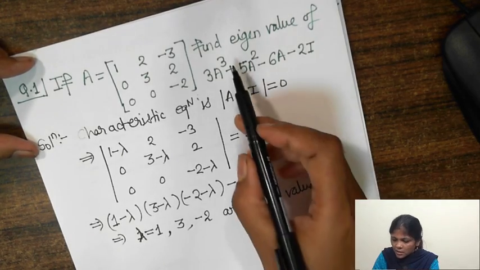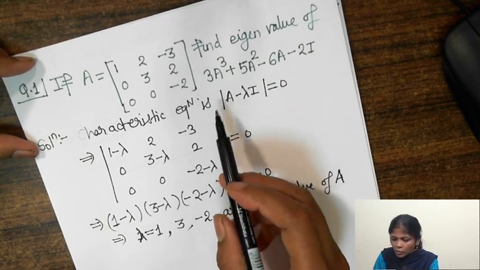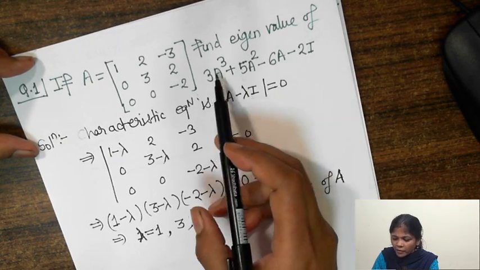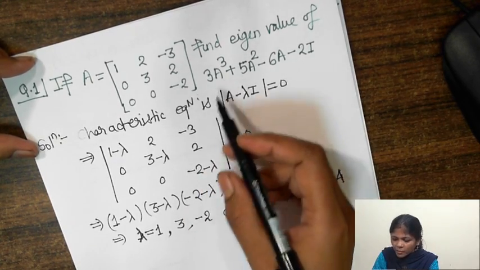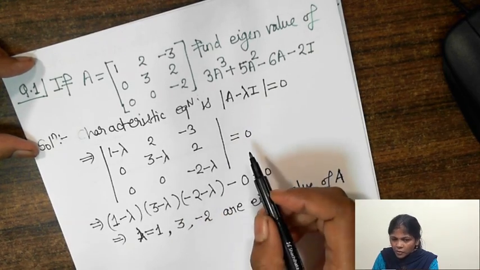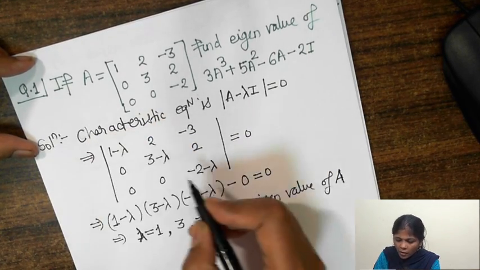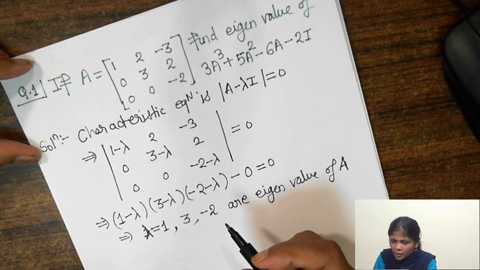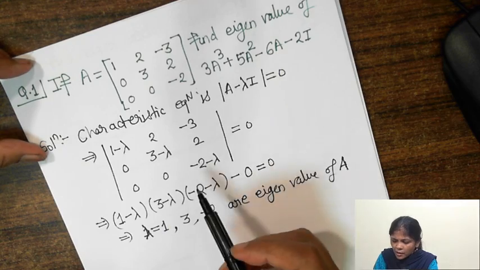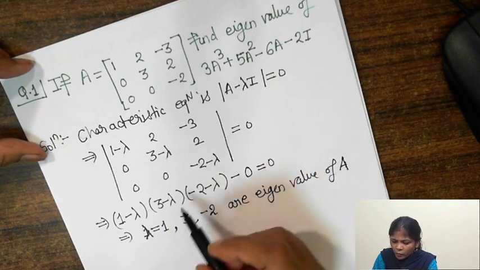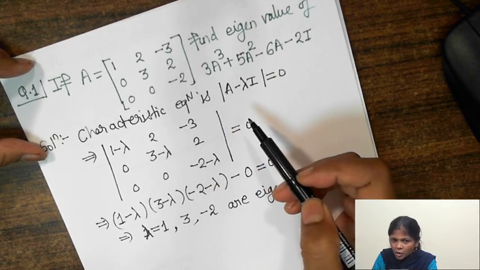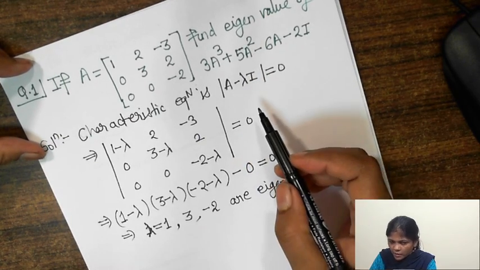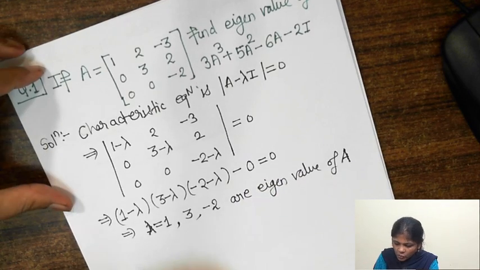Now let us concentrate on this. If the entire expression for which we have to find the eigenvalue is this, shall we adopt a similar process? The answer is no. From now onwards we will use the property. According to the property, if lambda is the eigenvalue of A, then the eigenvalue of A cube will be lambda cube, A square will be lambda square, likewise.